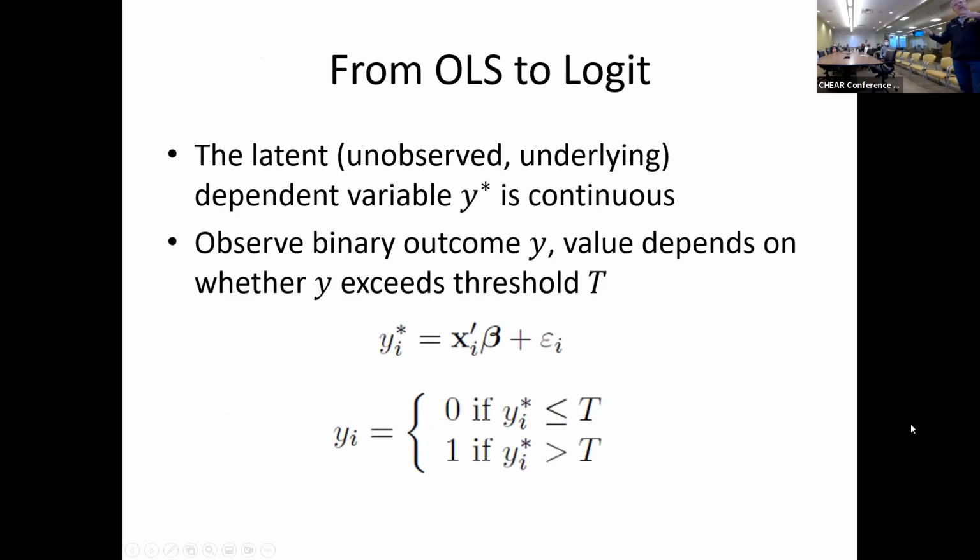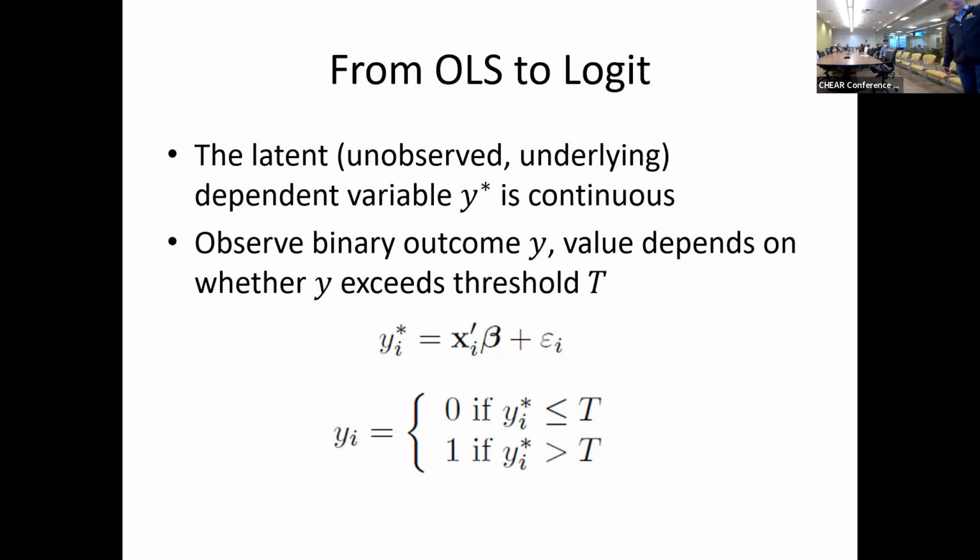Next slide. Now let's go from OLS to Logit and see what changes. Now we don't have a continuous variable anymore. We're going to shift from y star to y, which is either 0 or 1, depending on whether y star is above or below some threshold. Could be 0, could be 1,500 grams for low birth weight. Depends on my context here.